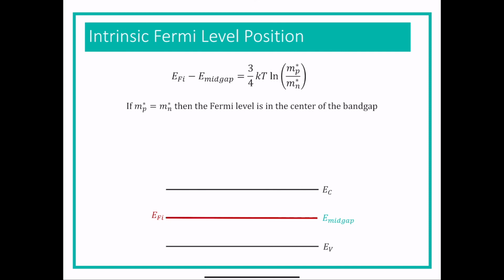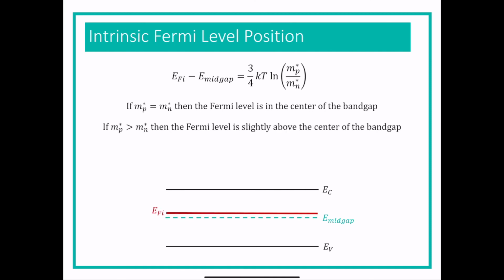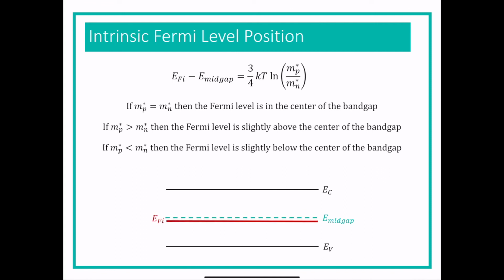If the effective mass of the holes is greater than the effective mass of the electrons, then the Fermi energy moves up just slightly. And this is like an over-exaggeration of the amount that it moves up. The amount that it moves up is really, really small. If the effective mass of the holes is less than the effective mass of the electrons, then the Fermi level is slightly below that. So it's really, really close to the middle, but it's not exactly at the middle,